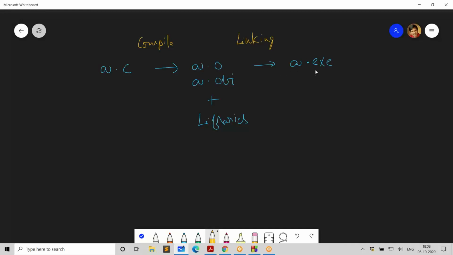Now, once you have this exe file, you can run it directly from the command prompt. So this is my command prompt. Directly from the command prompt, I can say A. I don't need to say .exe because that's automatically taken, and I can just run it and it runs. And I don't need anything else but A.exe. Well, if you want to make it more explicit, you can say A.exe, but anyway, that's not needed. So this is how we can run the program, and whatever A.exe is designed to do,